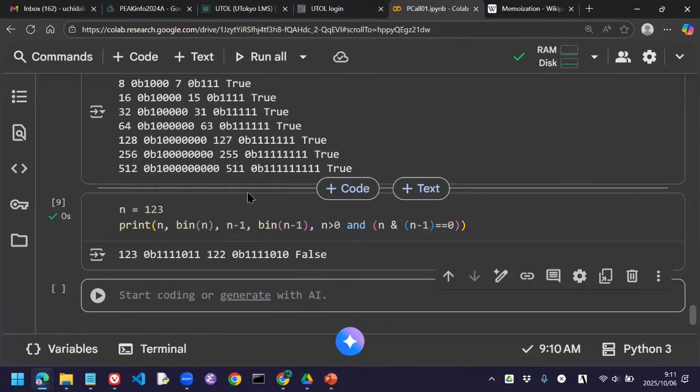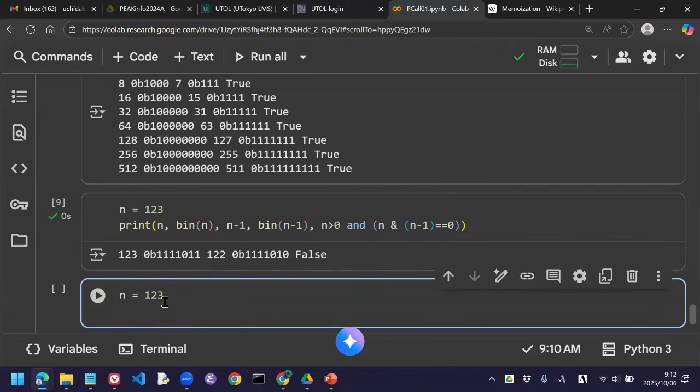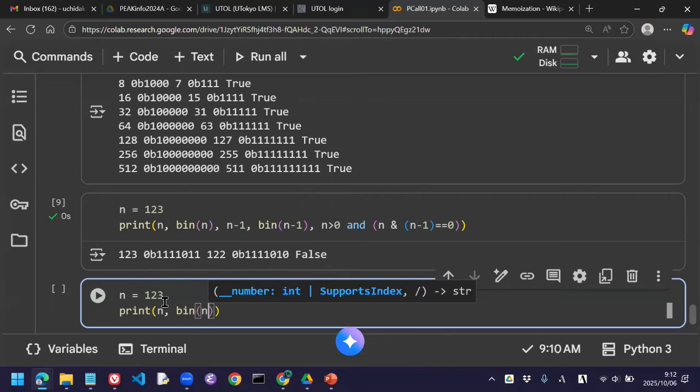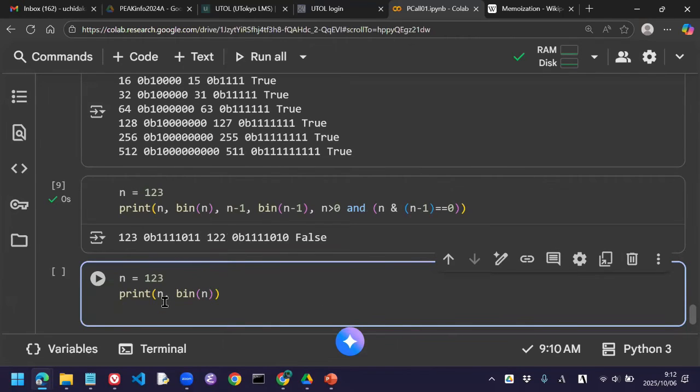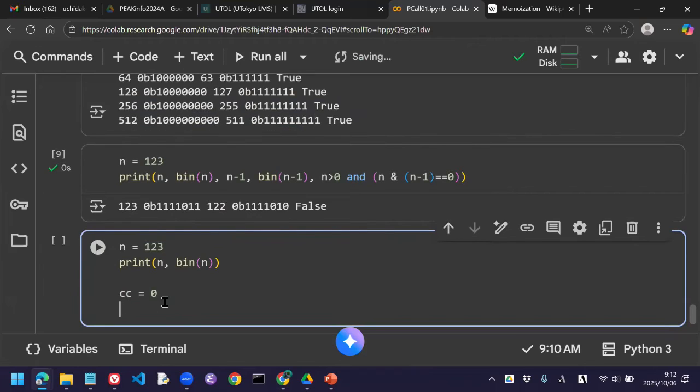For any number, say n equals 123, print n and binary n. Here we calculate like this. We initialize the counter as 0, and while